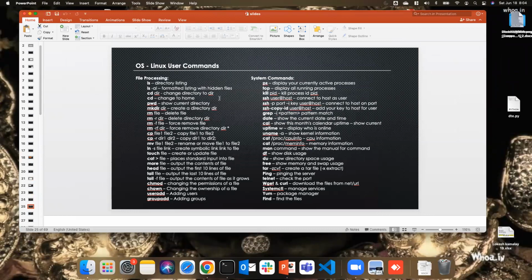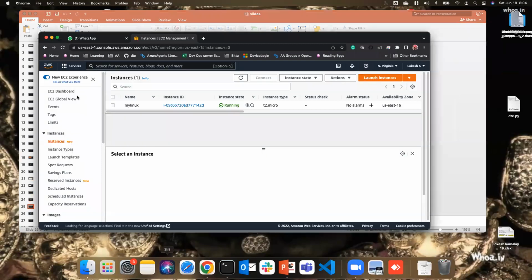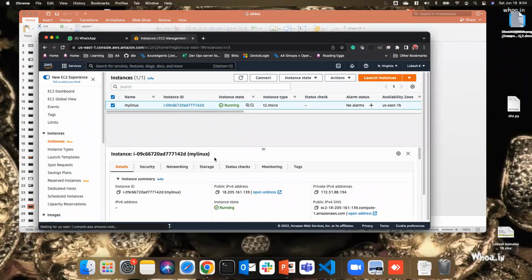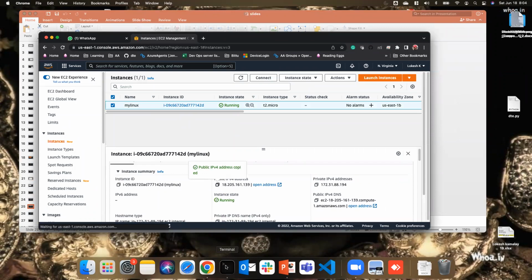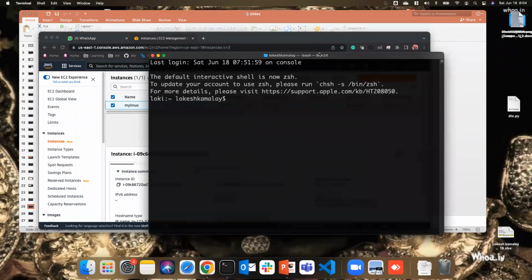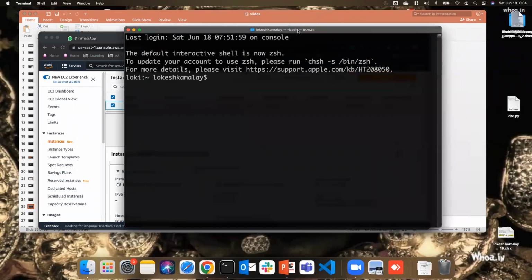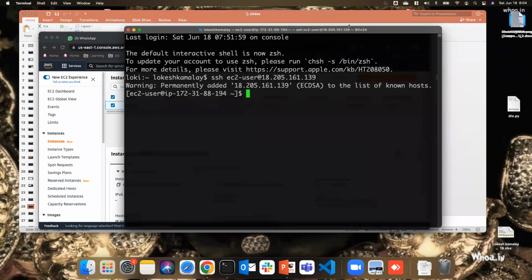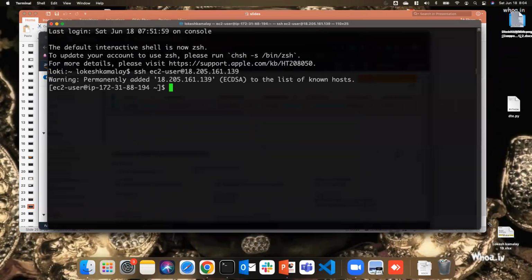And the commands will be here. We already have it. So let me launch the machine. The machine is just launched. I think this screen is better. So I just connected,